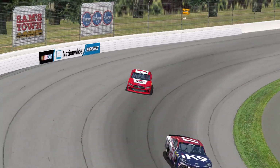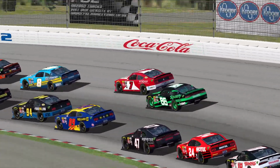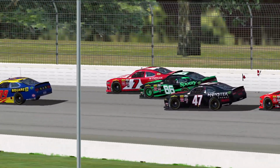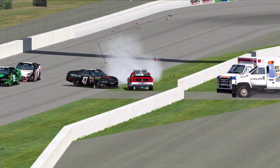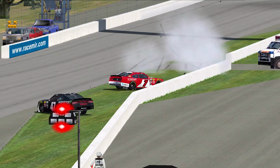And we also see Shade Eves with damage. We're also going to have to take a look to see what happened with him. So this was on the restart. Shade Eves also pulled a similar mistake to Caesar. He bounced off the wall. Luke Martin was just there, and he spins around off the bump of the 86, and Tip Foster nowhere to go, and both of them go into the inside wall,